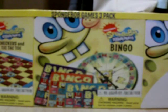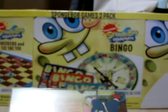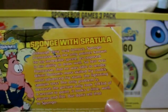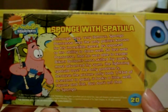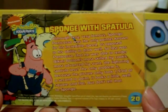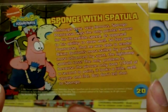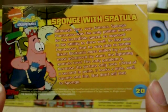Okay, now next, the second last one. For this video it's really very long already anyway. So yeah, it looks like it's been used, what's it called, crayons? Yeah, oil pastels. Sponge with spatula. Although very famous, SpongeBob Picasso was the only painter known for his incredible speed, as opposed to his ability to draw well. So fast was Picasso that he was able to render